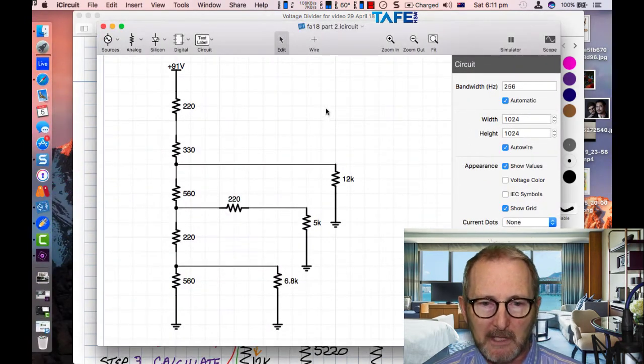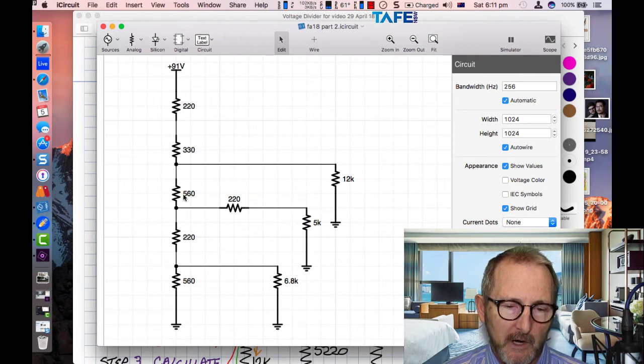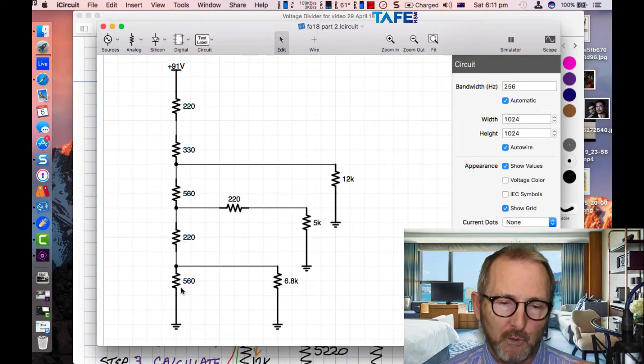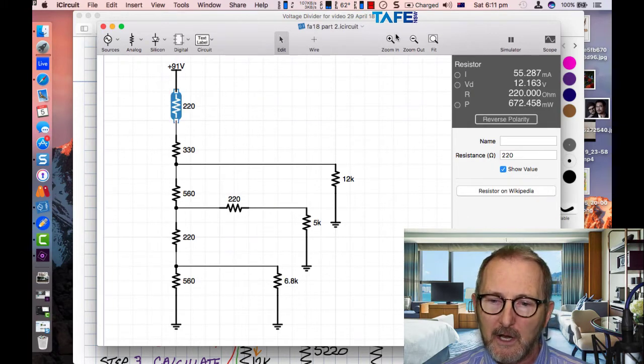Here's my circuit simulator. This is done with iCircuit on the Mac. And 91 volts, there's all my resistors in the original network. Here's my loaded resistance values on the right. And if I just click on anything up here, in this case I'd get the voltage across that, which is 12.16 volts over here,